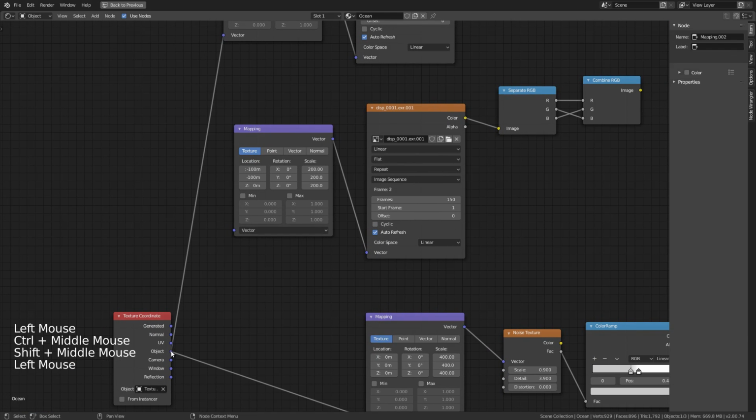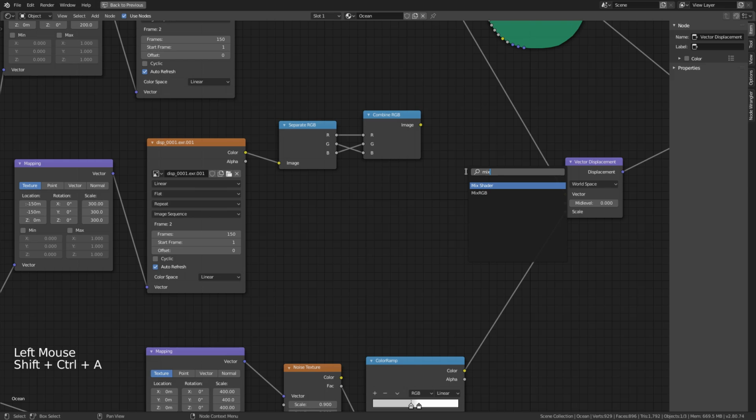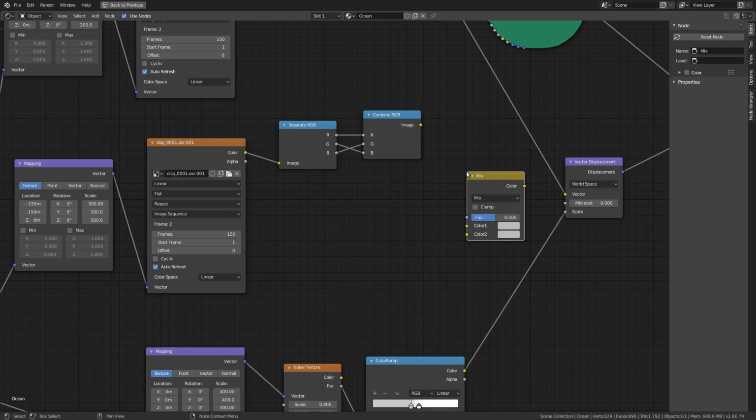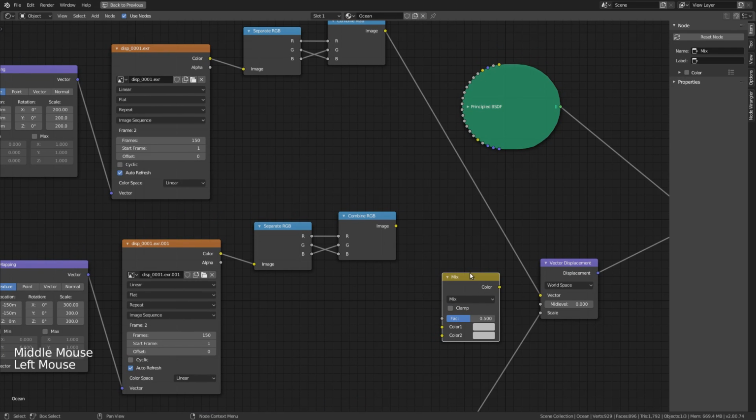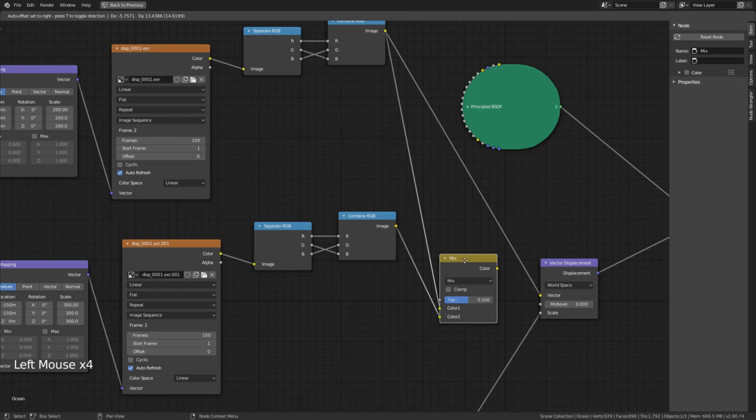Let's hook in our object into our mapping here. And remember, we'll need to adjust these scale and location settings to compensate for the larger ocean size that we went with. So that was 300, 300, 300, and this will be -150, -150. And so then to combine them, you simply want a mix RGB, plug one image into the first color, one image into the second,